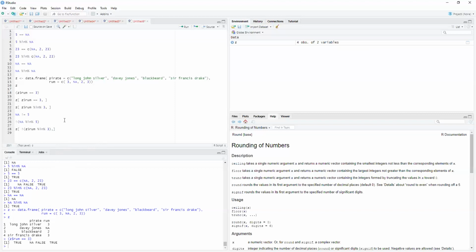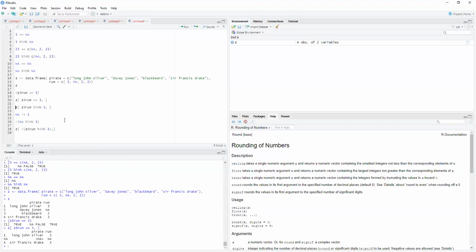If we try to select only the rows which have equals equals 3, what do we get? Well, we get Long John Silver, who has 3, we have NA, NA, NA, and then we have Sir Francis Drake, 3. As a result, we end up with these superfluous things coming into our data table or our subset. So in order to get rid of that, you can use your %in%,